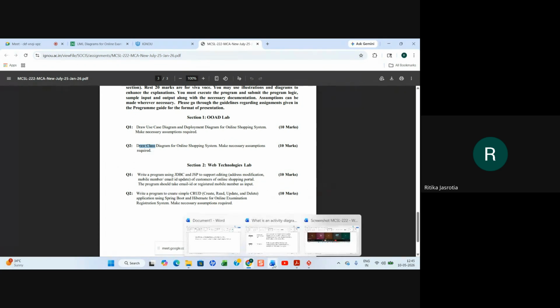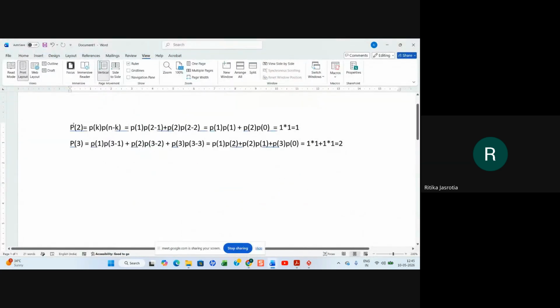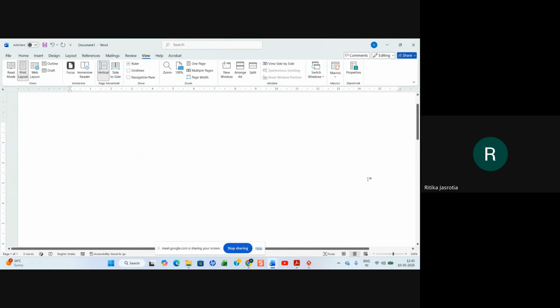In question 1, you will give the answers to that. Then in question 2, you will give the answers to that for section 1. You have done that. So this is section 1, that is OAD. You have done that. Now the lab records for section 1 come after that.